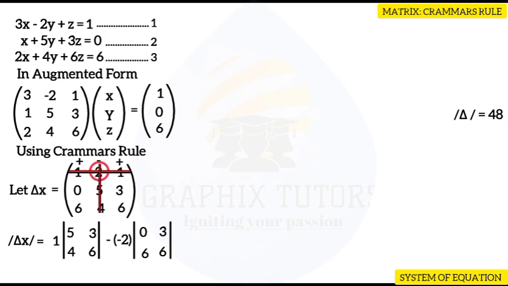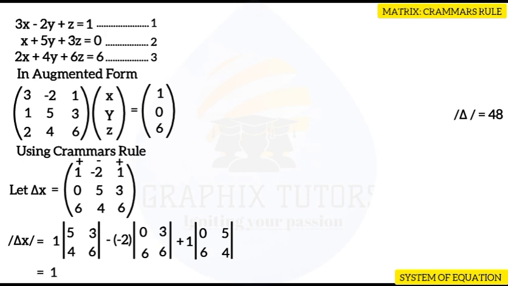So if I move to the third column, remember that the row remains constant. So I'll be left with plus 1, because that is where they meet, the row and the column. So I have plus 1. Open bracket, what they have left here? 0, 5, 6, 4. Is that taken? So if I do the needful,